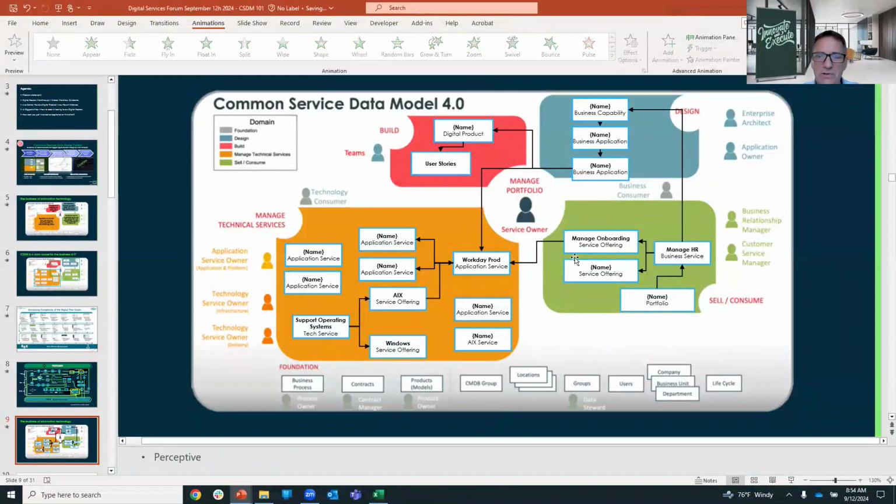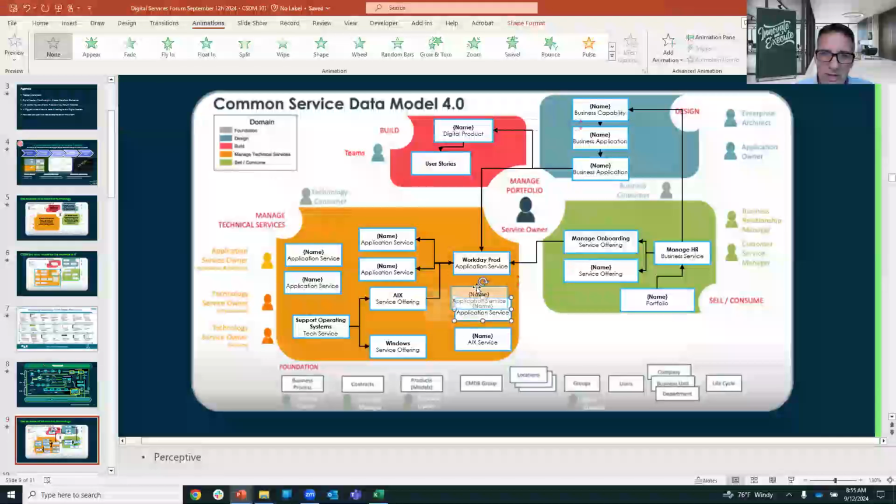Okay, so that's what we're trying to do. A lot of people that do all the servers and all the infrastructure and relate that up to an app service, because those people are technical, they think this is a technical diagram. But what the common service data model is, to me, is more of an organizational diagram. And so you have this person that's a tier one that's trying to say, man, this onboarding thing's broke. Who do I get it to? Right. So it may be that the Workday team,